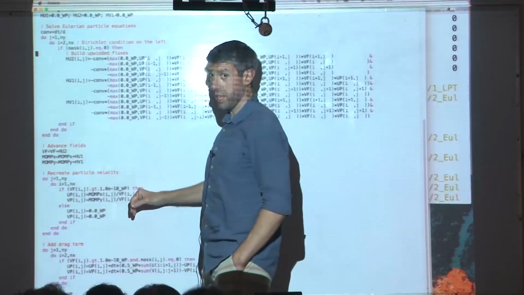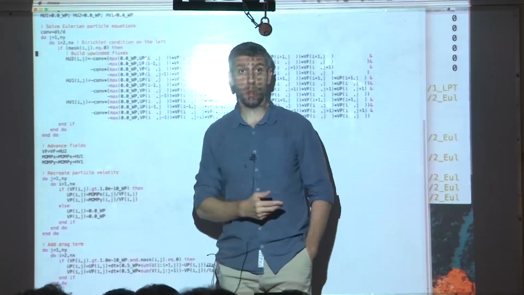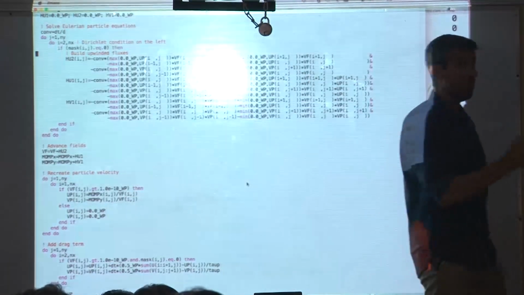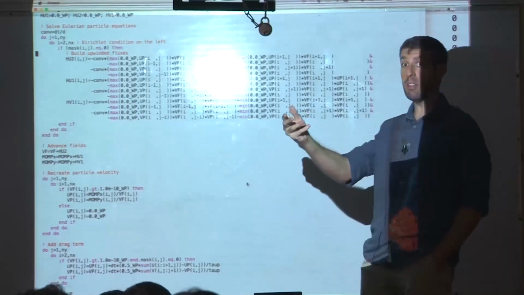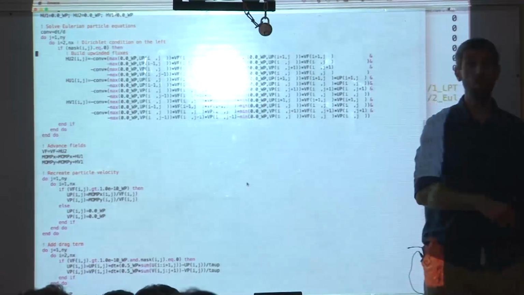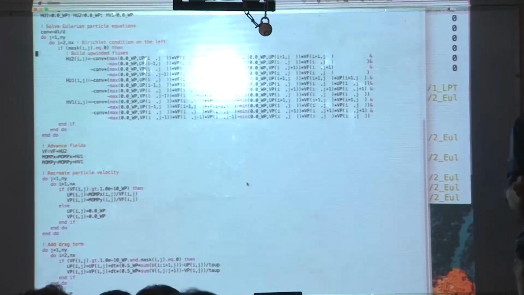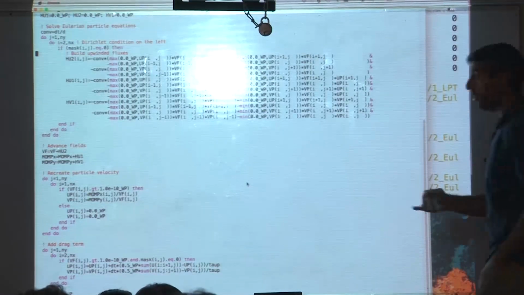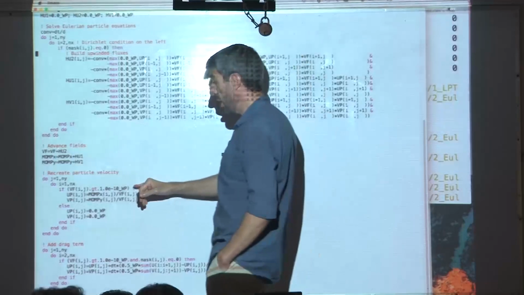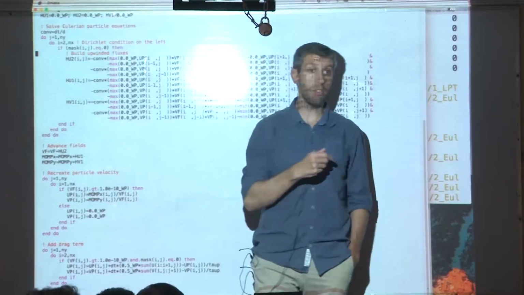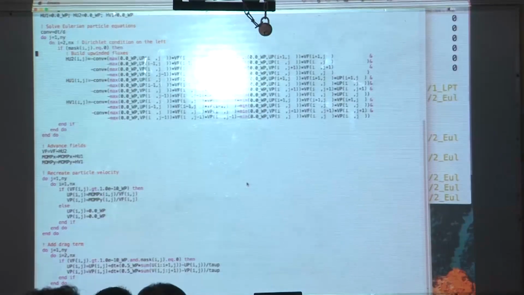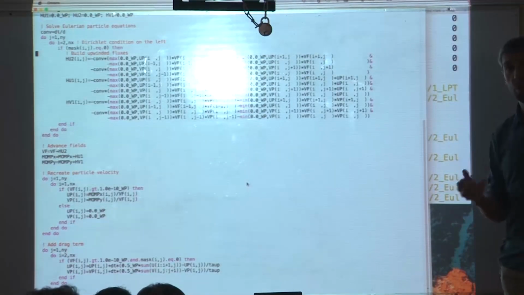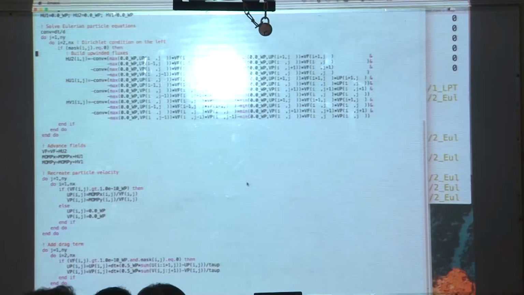Right before doing that, I'm going to recreate my particle velocity. Now that I've advanced my momentum and advanced my volume fraction, I can take my new momentum, divide by my new volume fraction, and it will give me my new particle velocity. There's one little thing I need to be careful about: if my volume fraction is 0, if I don't have any particle, then I can't possibly define appropriately a velocity. So I can't define my momentum, right? If I have 0 momentum,